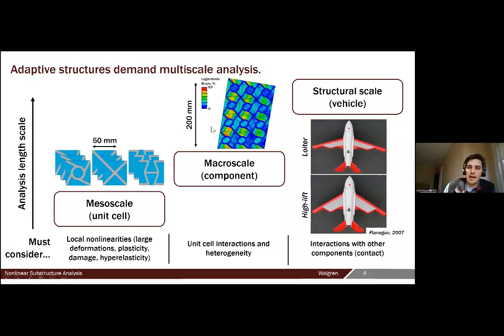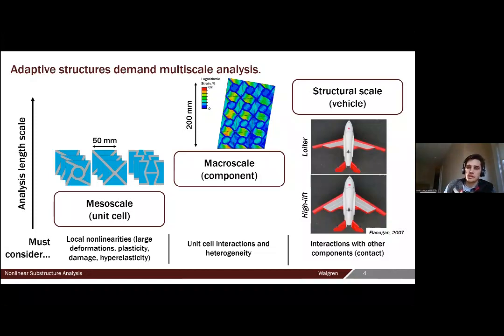Then we have to consider the macro scale, the entire sweep morphing wing component, where you have an array of these unit cells. And then you need to consider unit cell interactions and maybe heterogeneous arrangements of unit cells. And then finally, at the structural or vehicle scale, we need to consider the interaction between the adaptive structure of this sweep morphing wing drone and other components from other subsystems, like your actuation mechanisms,